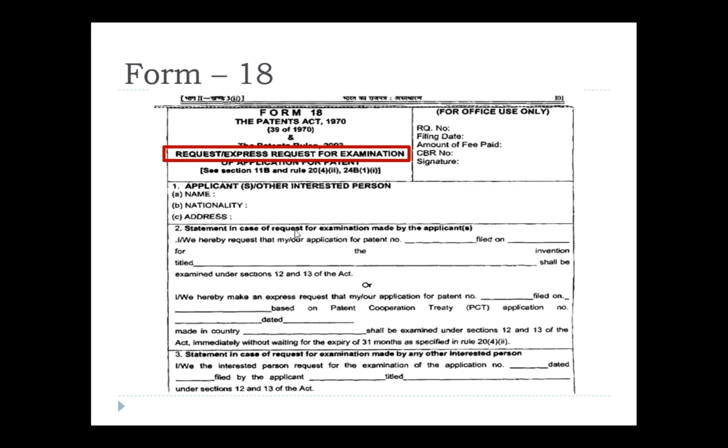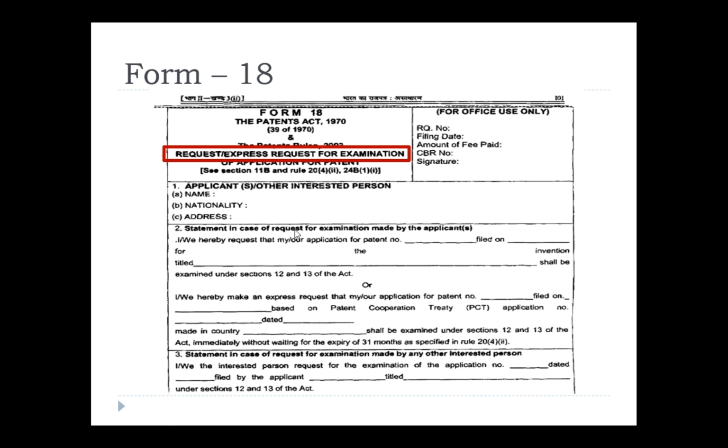Followed by we have seen what all the content should be there in a patent application for both provisional filing as well as for complete patent filing, and what are all the mandatory forms that should be submitted for provisional patent filing and complete patent filing. For provisional, form 1, form 2, form 3 and form 5, and for complete patent filing, form 1, form 2, form 3, form 5, form 18.